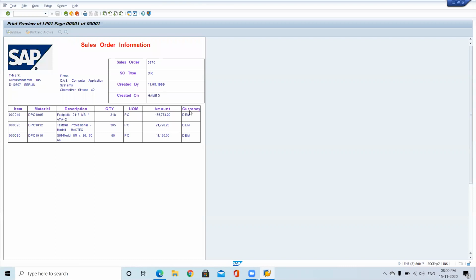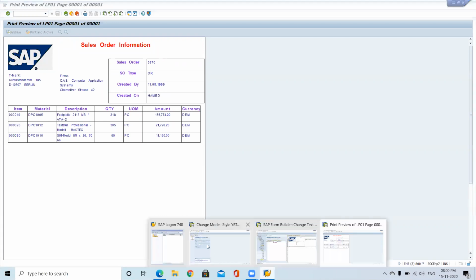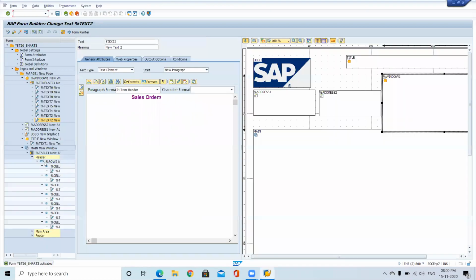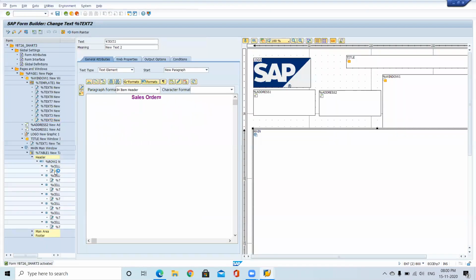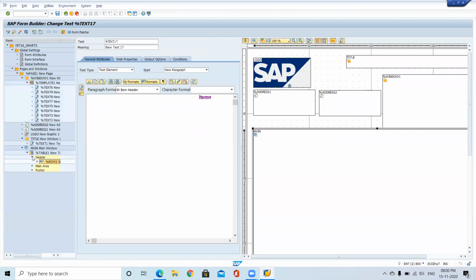Last time I told that for item, if you don't want these leading zeros, then just directly go to the text element where we are printing, go to smart form. So here, not in the header level, in the main area, go there.